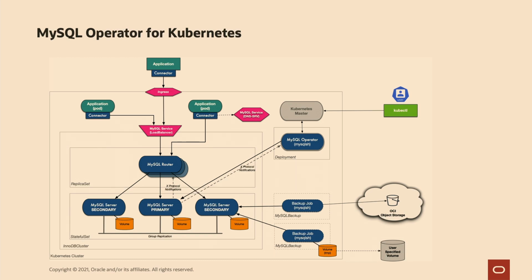Basically, we have an operator container running, which is the operator, which is basically MySQL Shell. And MySQL Shell runs and does its work to be able to deploy a MySQL server with a primary and multiple secondaries. It provides the volume. It configures group replication, MySQL InnoDB Cluster. It also configures the routers. You can scale them up and down online as you want. The operator will do all these tasks for you, and it will recover from those scenarios where the InnoDB Cluster cannot